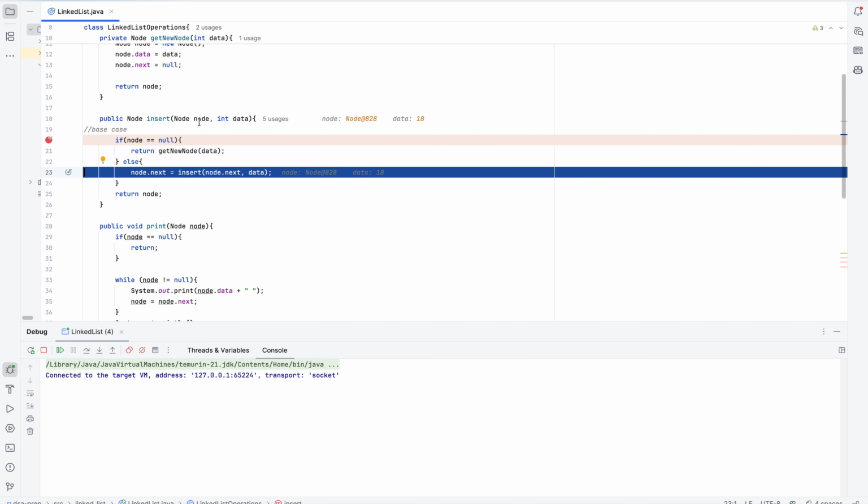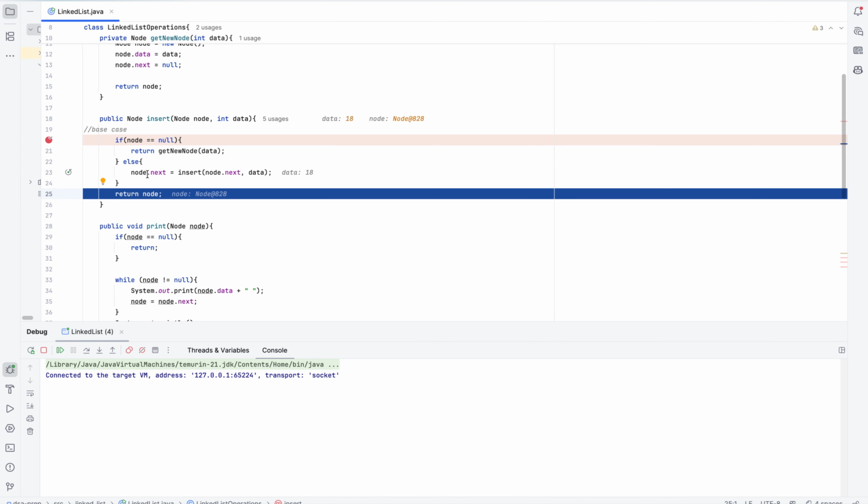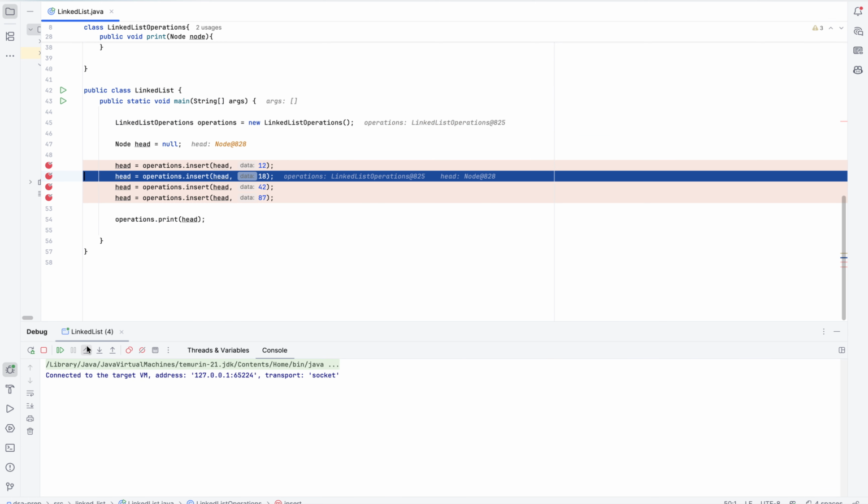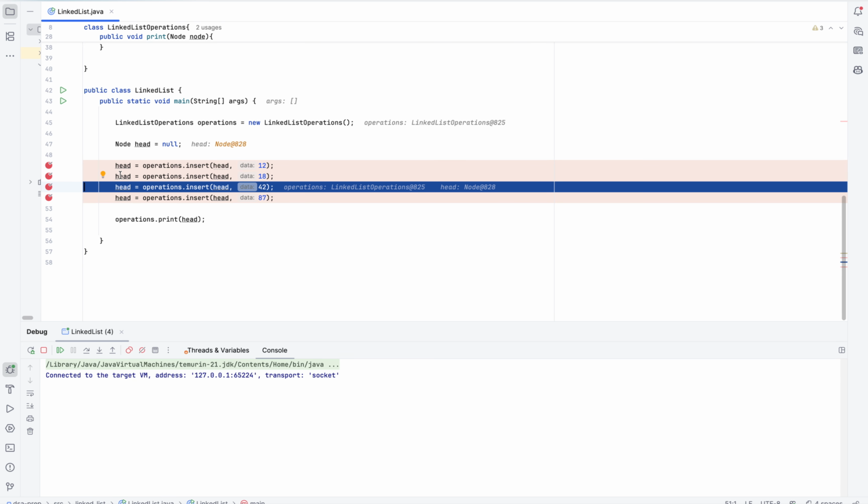So if it got the new node, then if you see the node now, 12 is there, when this particular call runs fully. Your node has been added, 12 dot next has become 18. Now you are returning the node here and you get the linked list with 12, then 18, and then null. I think it is making sense.